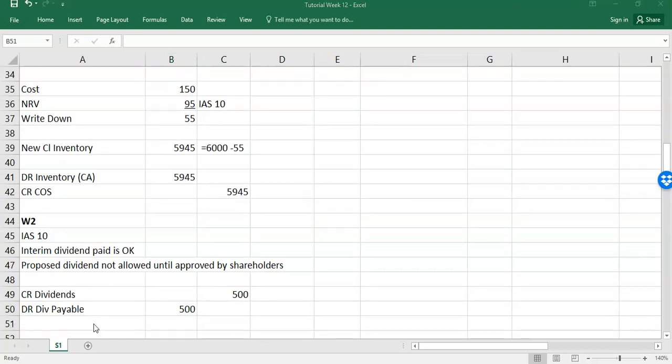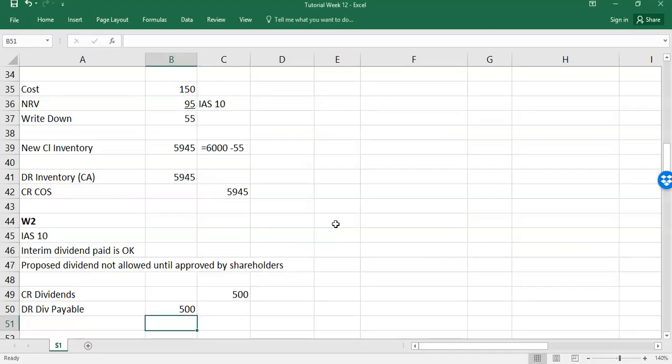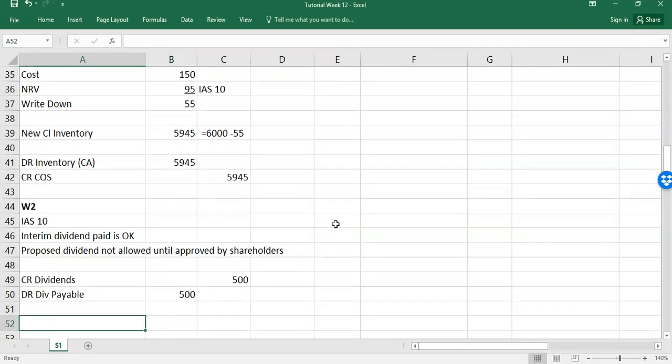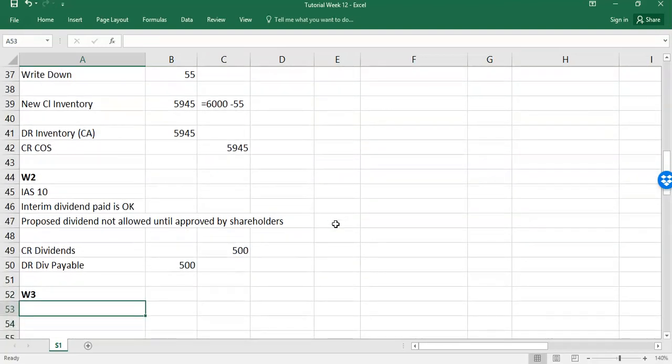But the one that's proposed at the year end, but it hasn't been approved, you're not told there, that's not allowed under IAS 10. It's only allowed to be adjusted for once it's approved by shareholders at the AGM, which usually happens the next year. So it's a simple IAS 10 adjustment, but again, if you didn't know your standards, you would have been stuck on that quite quickly. And that moves you to working 3 then, which we know is our bad debts and